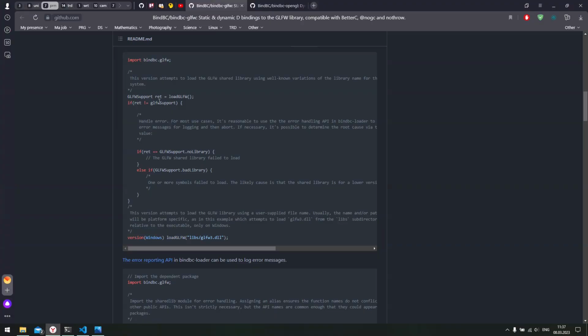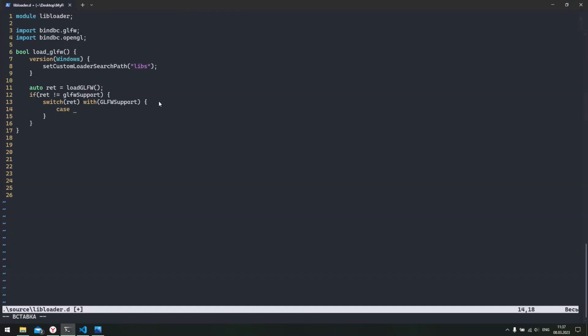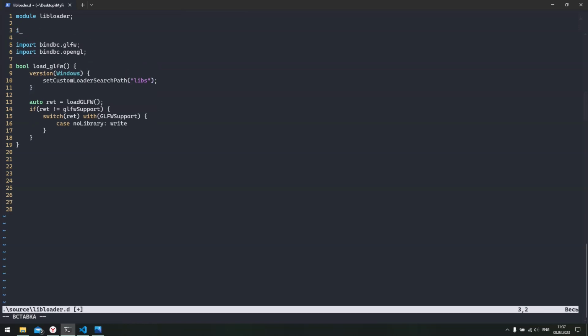And then let's check the case GLFWSupport.noLibrary. In case there is no library, we're going to output a message with writeln,